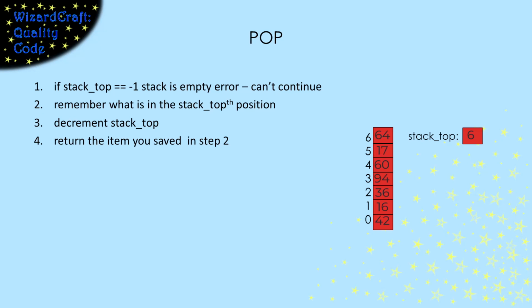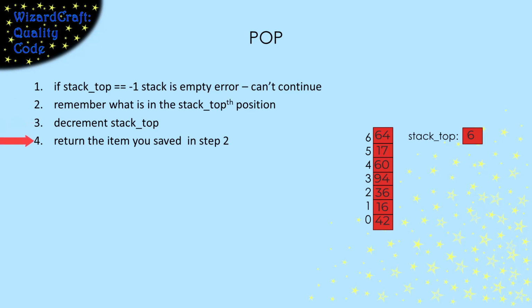Pop is the operator that gets the top thing off of the stack. When we are popping, the error that we have to worry about is that the stack is empty. If there's nothing to pop, we can't pop. Since my stack is indexed from 0, stack top being -1 signals that it's empty. If there's something to pop, we have to remember what it is, decrement stack top, and then return the thing